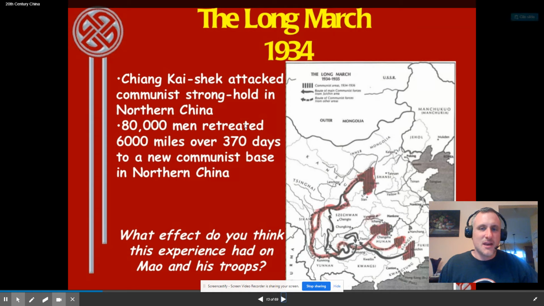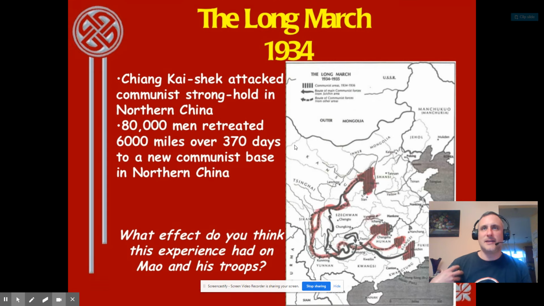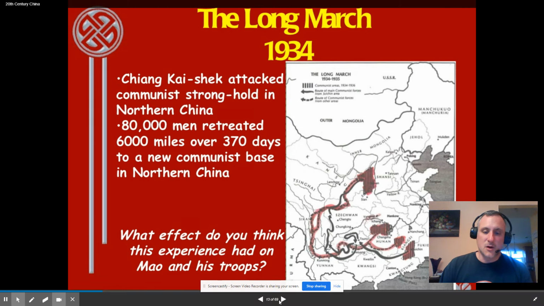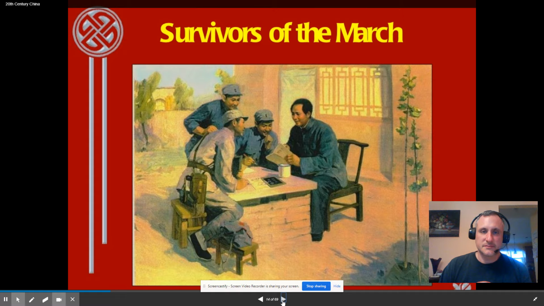We'll see soon. The Long March is when the communists go on this long march to get to northern China, and it becomes intimate, meaning that when you go on a march and you almost die and your back's against the wall and you rally the people, whoever does survive becomes very embedded in I am a communist and communism is the way. That's the Long March is the answer to 13.